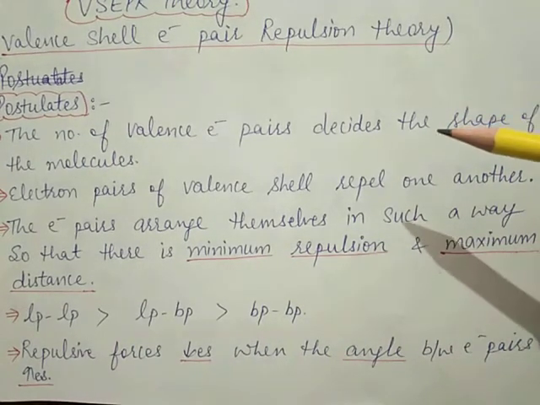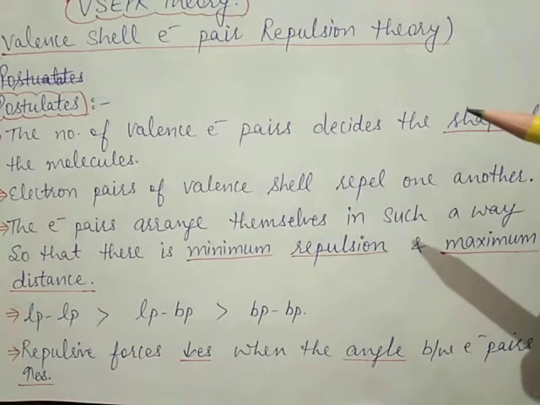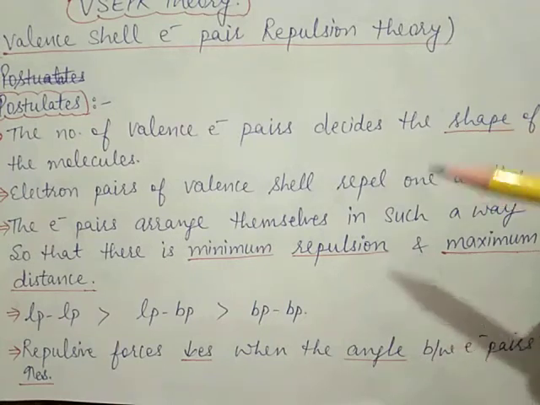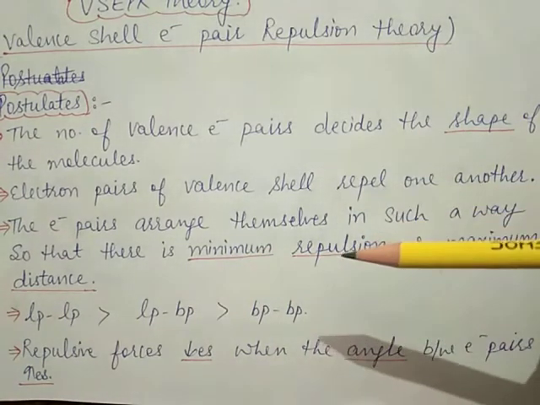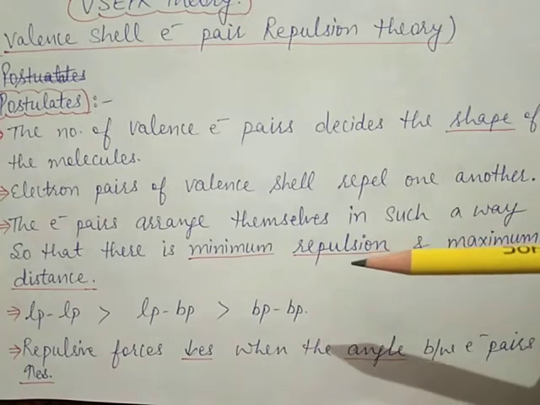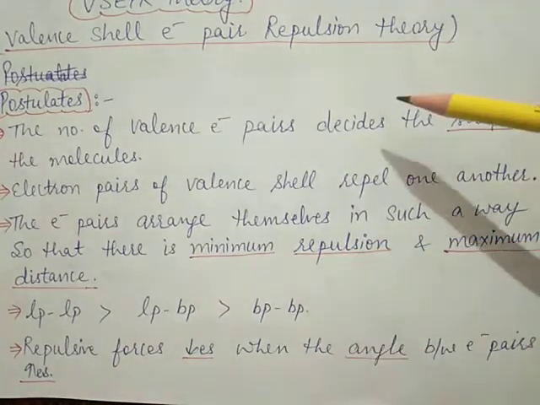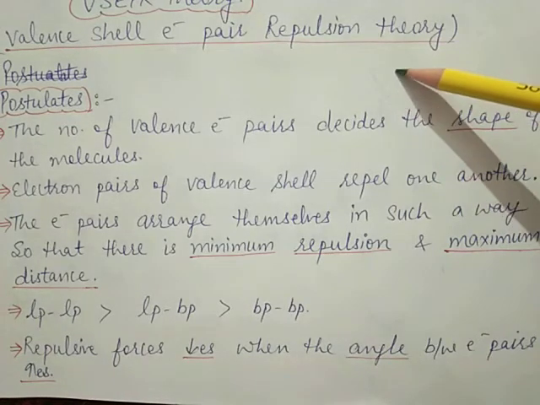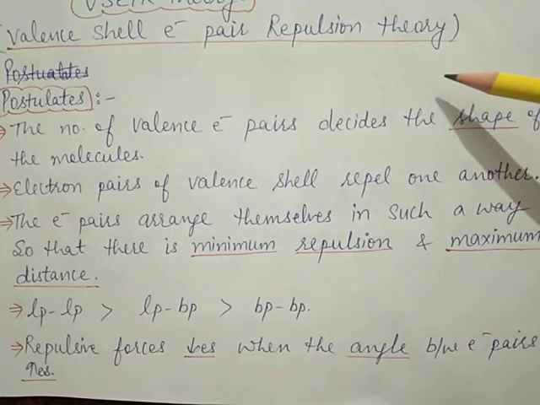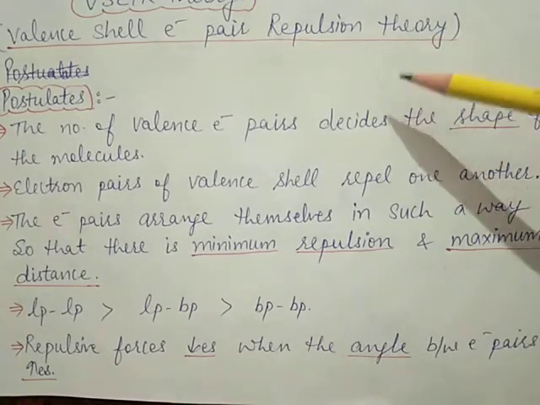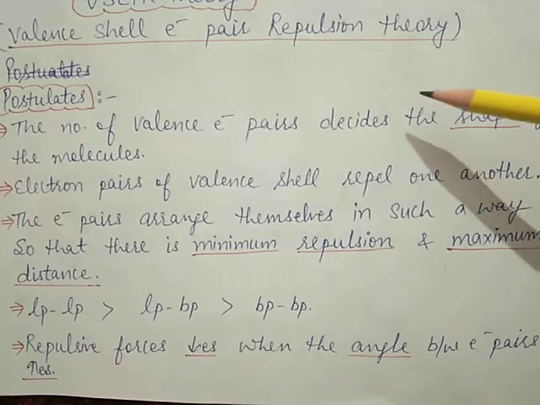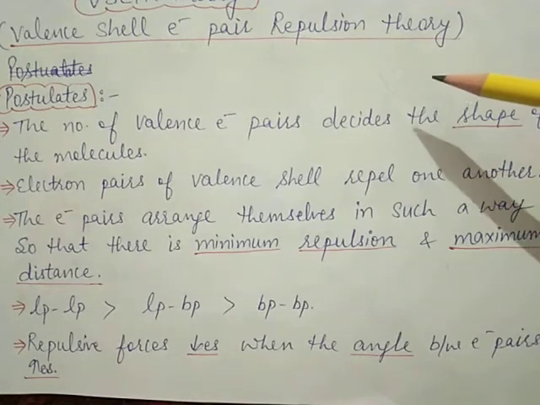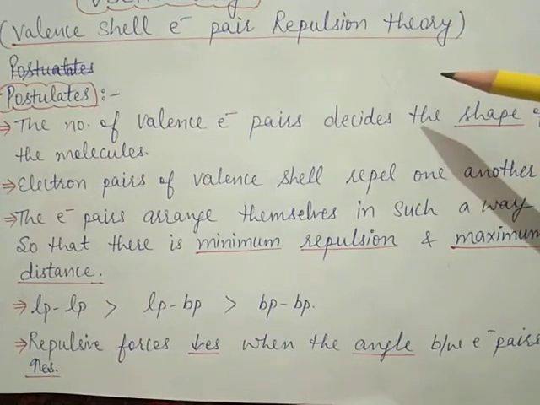Now one more question arises. What is the main difference between the lone pair and bond pair of electrons? Lone pairs of electrons are localized on the central atom, and these lone pairs occupy more space as compared to bond pairs. But bond pairs are shared between two atoms. So the repulsion between lone pairs of electrons is more as compared to lone pair-bond pair repulsion.